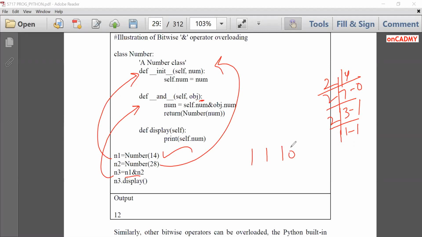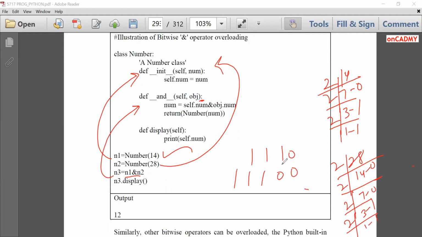This is for 14, and for 28 it is 11100. Now we will perform AND operation. AND means when both are true, only then the answer will be true. 0 1 1 0 0. We got this number.